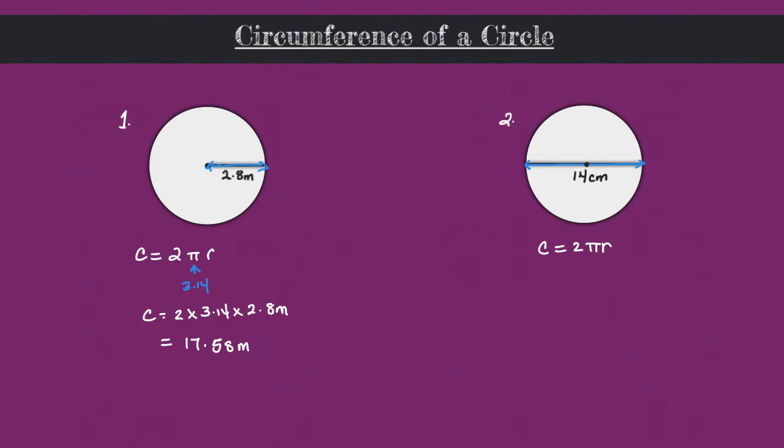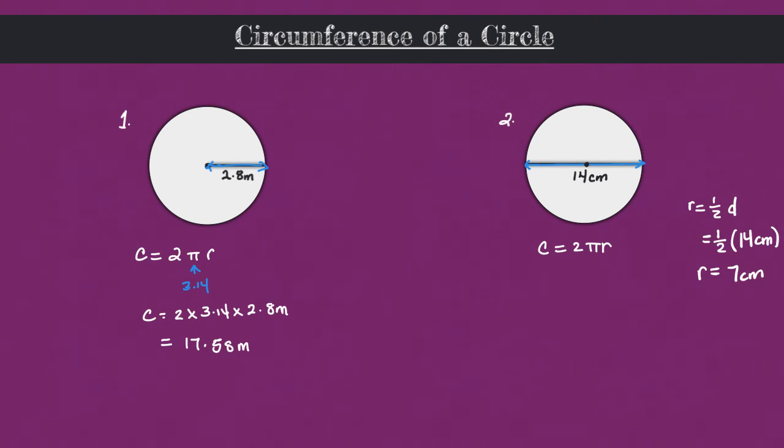Our radius, remember, is half the diameter. Radius is equal to 1/2 the diameter. The diameter is 14 centimeters, so 1/2 of 14 centimeters is going to be 7 centimeters. This is our radius, and that is the value that we're going to plug into our formula for finding the